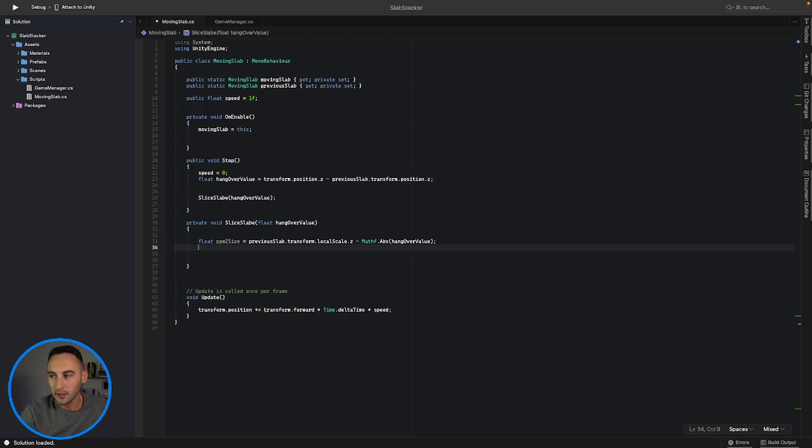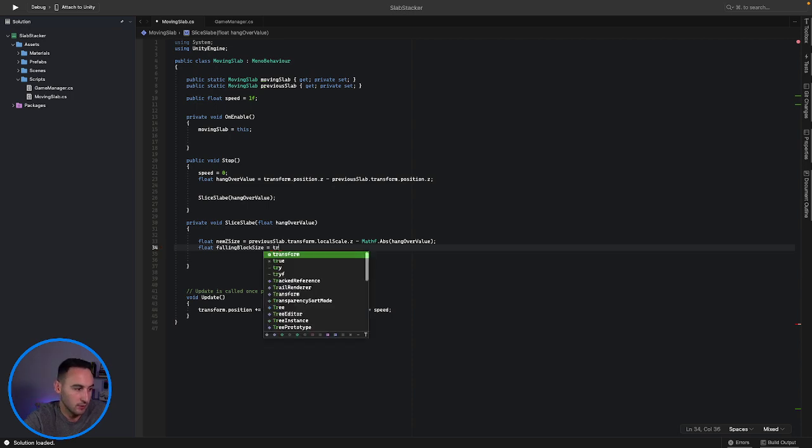So the next thing we need to do, what's next on the list? Get size of falling block. Okay, so here we need to create another float, and this is going to be the new, well, it's not really going to be new, let's just call it our falling block size, like that. And this is going to be equal to the transform dot local scale dot Z, and that's going to be minus the new Z size. Okay,